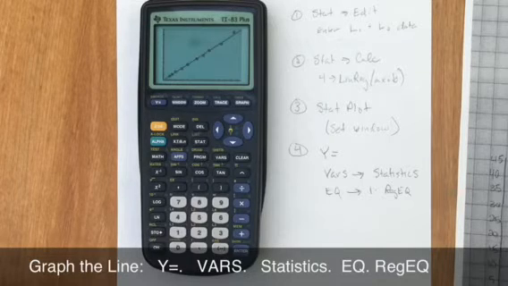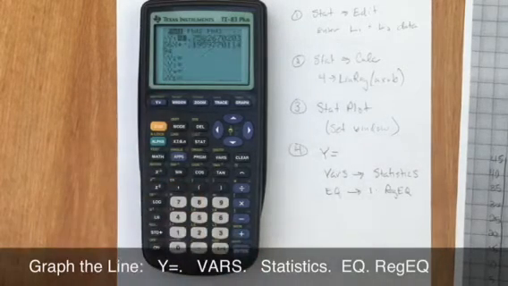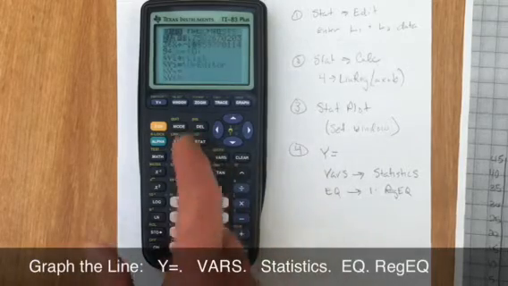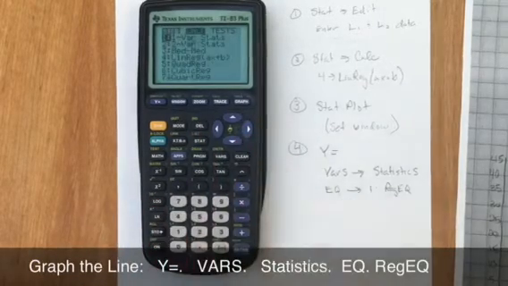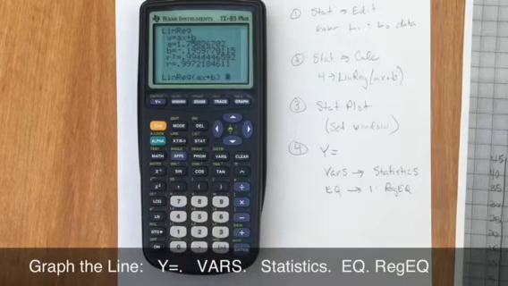So there you have it, guys. That's my line of best fit on my calculator. If I needed to give somebody the equation of the line of best fit, I have it right here in my y equals. If they ask for the R value, I just go to my stat calc and back to my, there you go, linear regression in the form of ax plus b, and I have my R value of